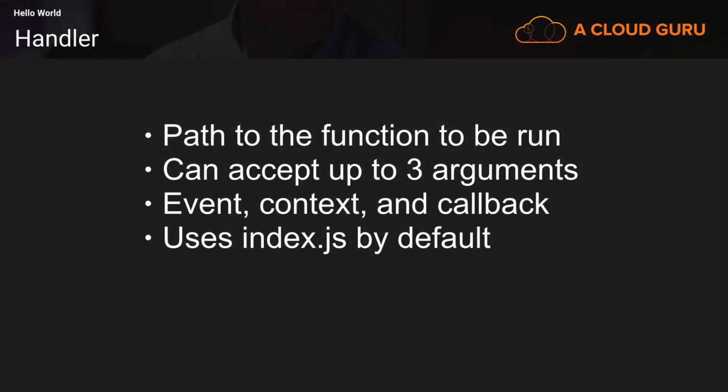What we just did was start to create a function, and we need to talk about the heart and soul of your Lambda function, and that's what happens when it's invoked. That's called the handler, and a handler consists of a path to a function to be run, and in your code, it's a single Node.js function. And that path looks something like the name of the file dot the name of the function. By default, index.js is the file that it uses, and it's going to accept three arguments: the event, the context,